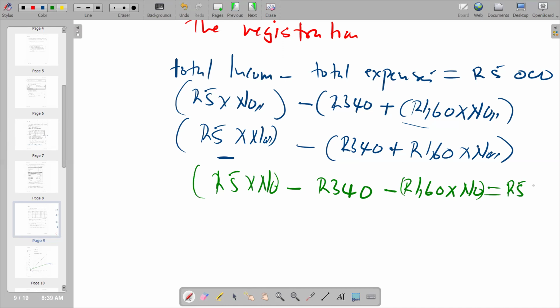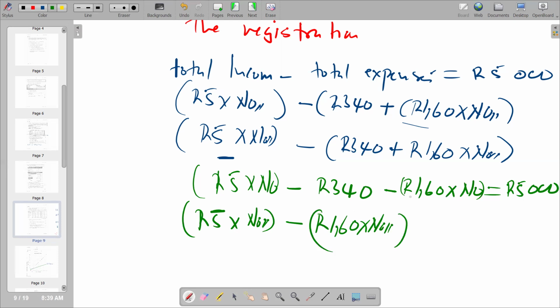your 5,000. So from there, we can take negative 340 rands to the other side, and it becomes 500 times number. And then here it's minus 160 times number. And then 340 plus 5,000 becomes 5,340. So basically, this is what we have. Then from there,